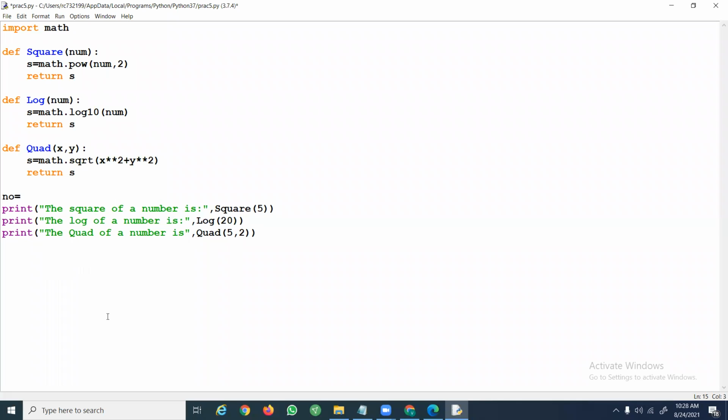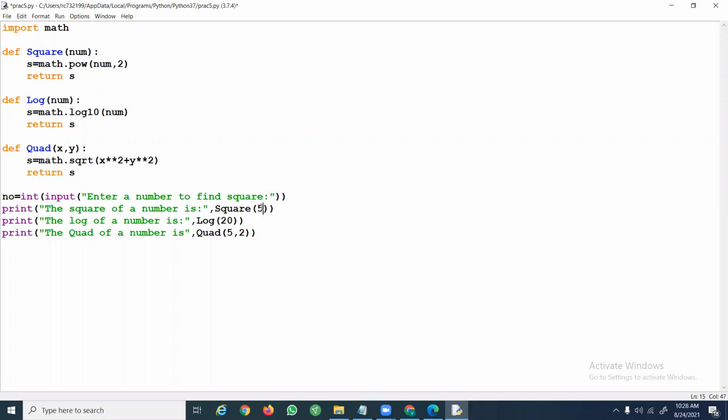So number1 is equal to int of input of, enter a number to find square. That I'm reading into number. So what is the change that you have to make?